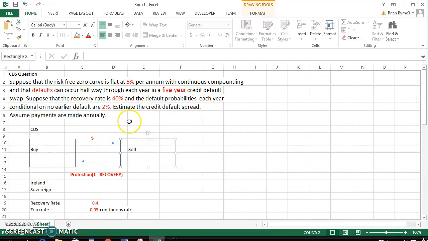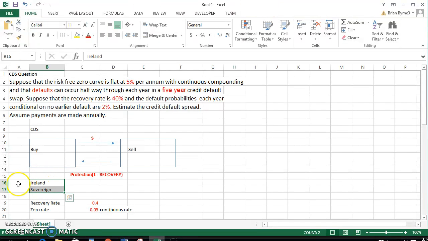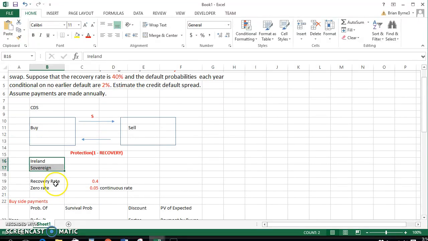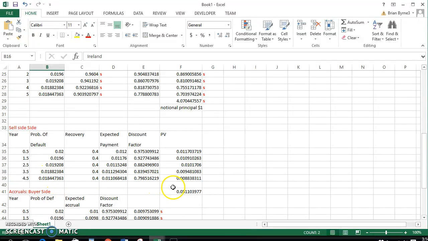So given these 4 or 5 pieces of information, the question that we're trying to answer here is what would be the appropriate level of S? And S is a spread or a percentage, and it would be a percentage of the value of the reference asset. We implicitly have taken that to mean that the notional principal here is $1, and when we worked out the sell side, the value to the sell side is 0.0511 of that dollar,